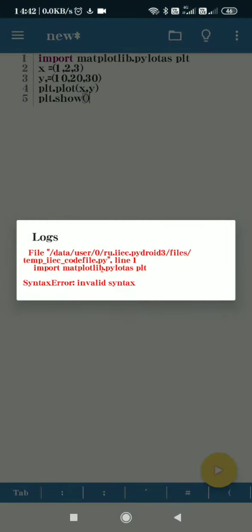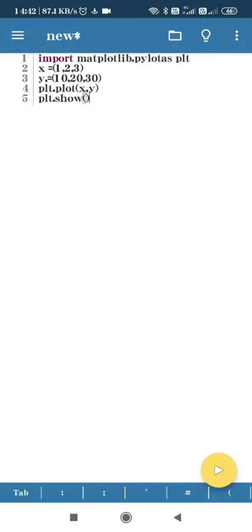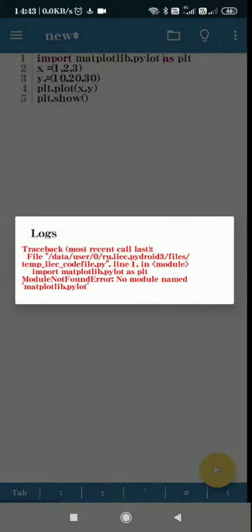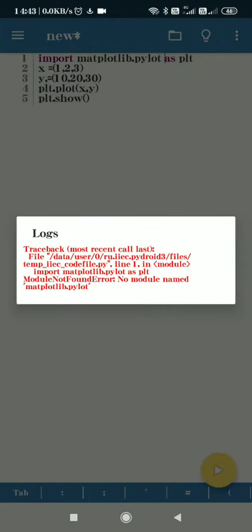Invalid syntax, so there is an invalid in import. Okay, let me check. Import matplotlib dot pyplot, there should be a space as plt, and then you can run your program, and again there is no module found.